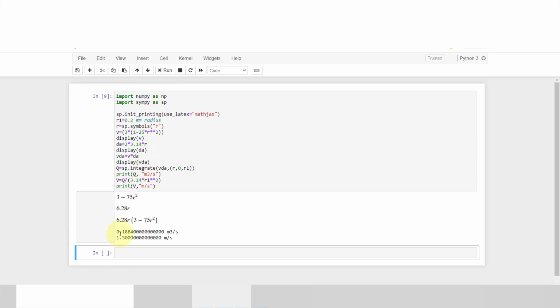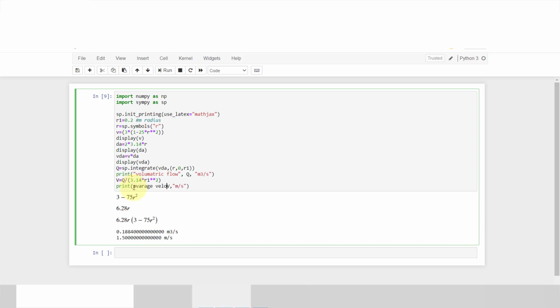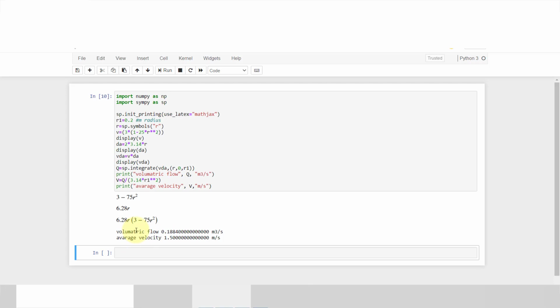here you can see our value is 0.088. Sorry, I will write it again. Now we run this code. Our volumetric flow is 0.88.